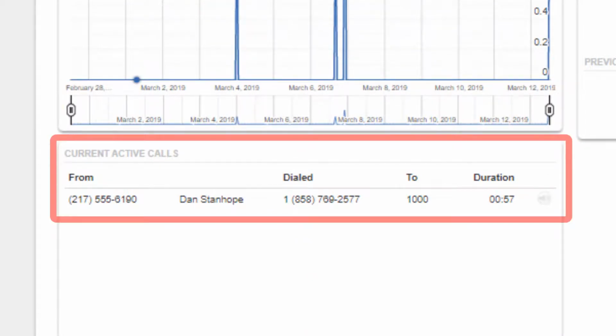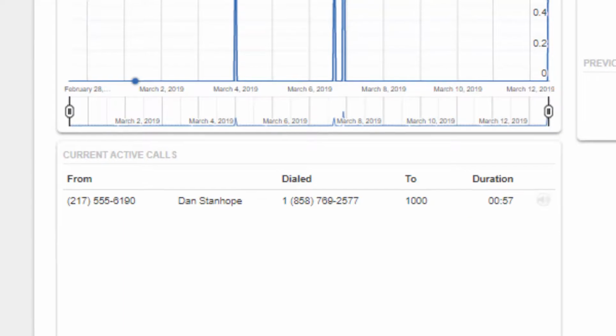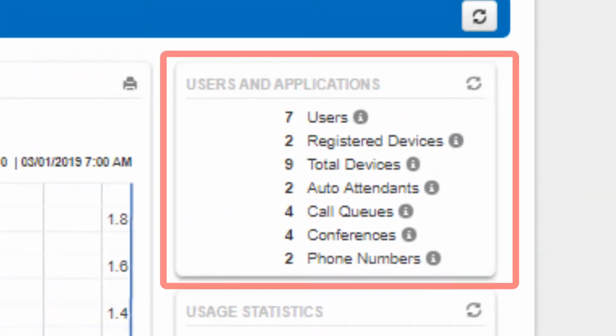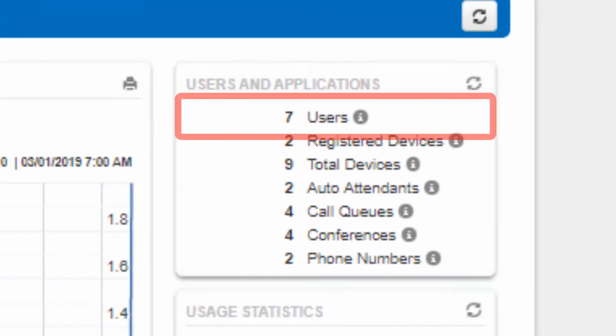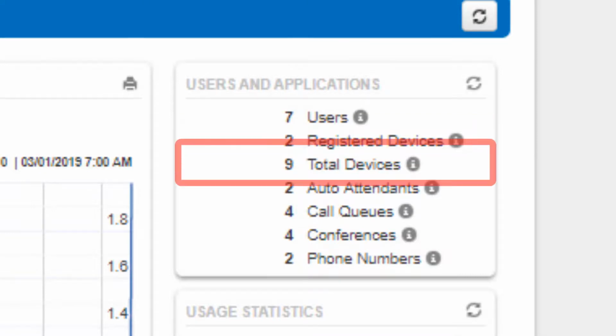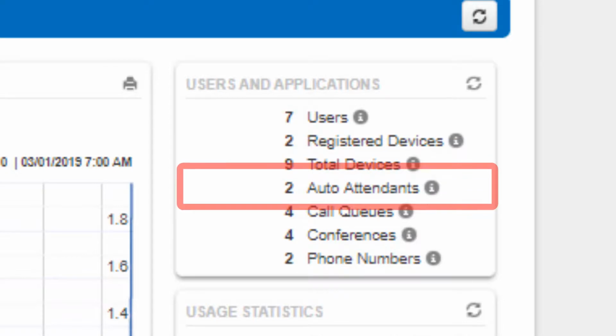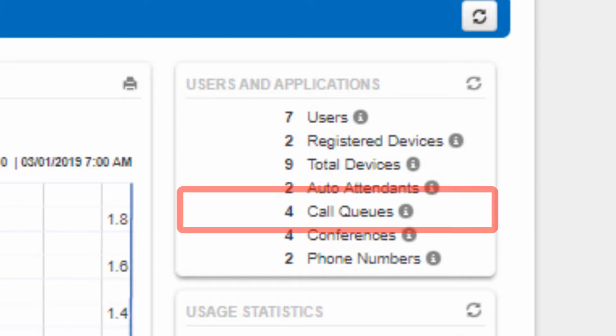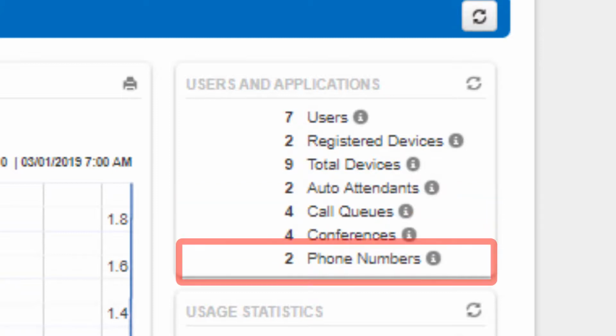Underneath, you will see the current calls activity panel for your domain, which shows you the calls which are currently connected. To the right, you will see the users and applications panel, which displays how many users the domain has, how many devices are registered to the domain, how many devices total that can be registered to the domain, how many auto attendants the domain has, how many call queues the domain has, and conference bridges, and how many phone